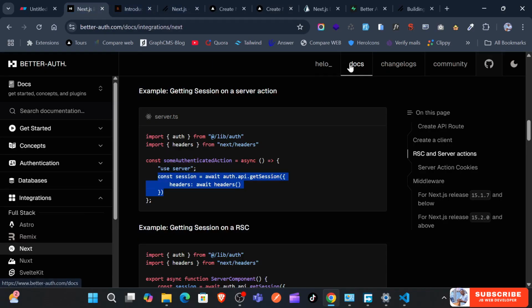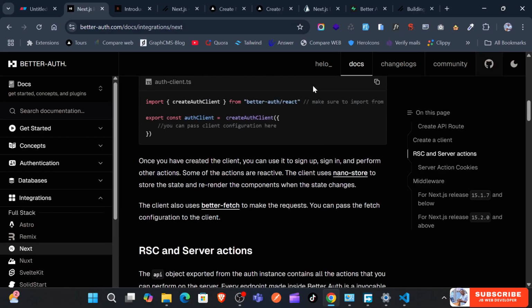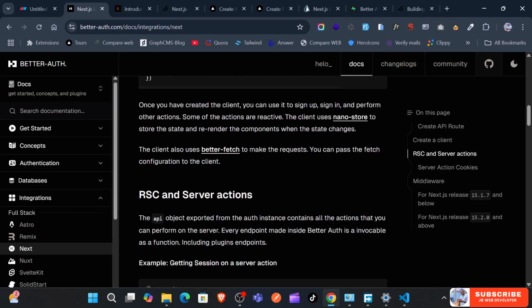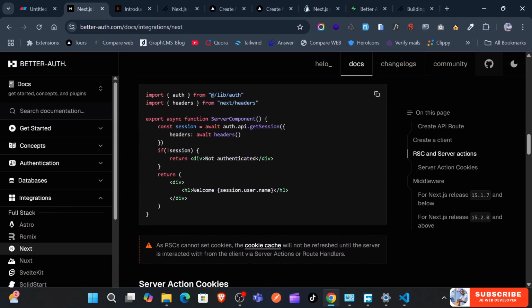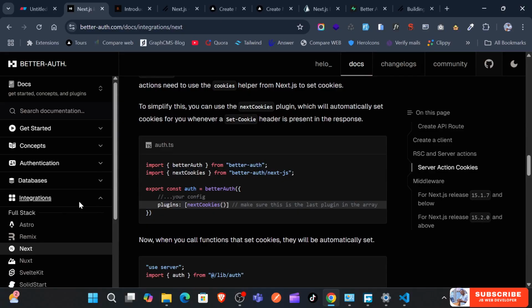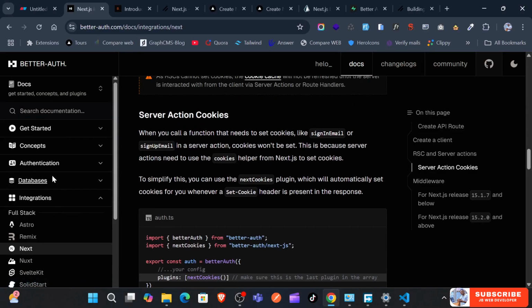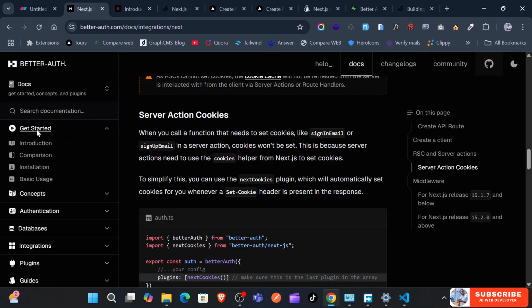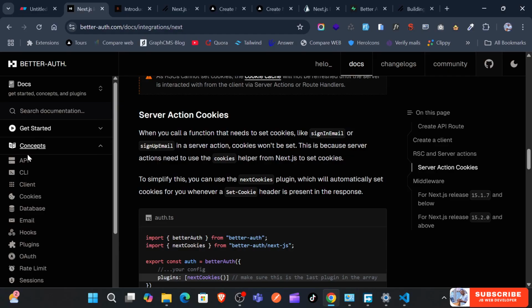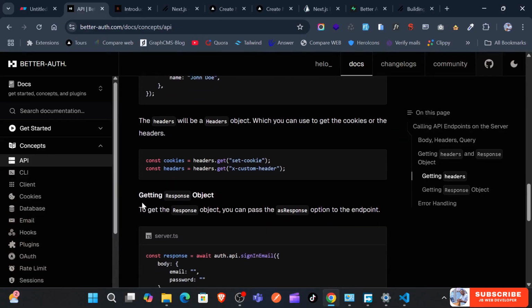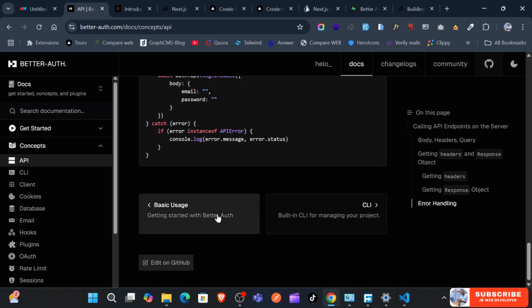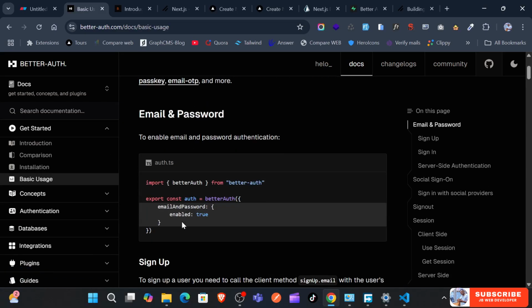Okay, so if you come here, and if they have a search, for some reason they don't have a search, that's really not great. So I would want to see the API things that you can call. Sure, all these functions are there, by the way. It's just a matter of where to find them. Even me, I'm still learning the documentation a little bit, trying to figure out what I want and where to find it. But they clearly have everything you need. You can call these functions. Basic usage,